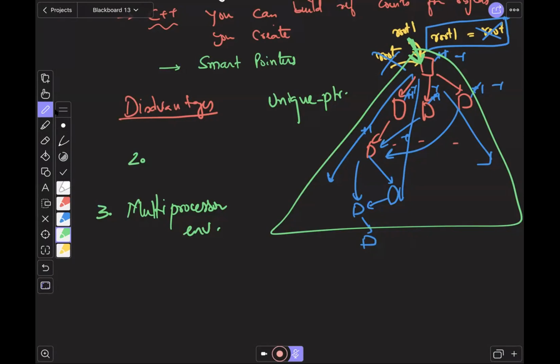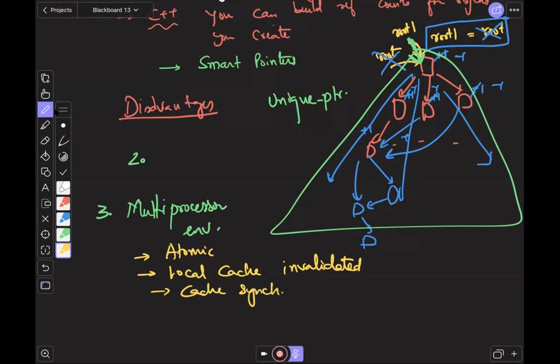maintaining these reference counting operations is a pain, because all of these operations have to be what are called atomic operations. So all of these have to be done atomically. If you have your local cache, then your local processor cache gets invalidated. You have to do cache synchronization. Then you have to do something called memory fences,